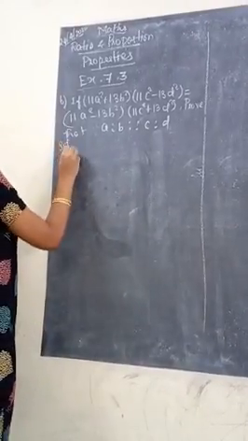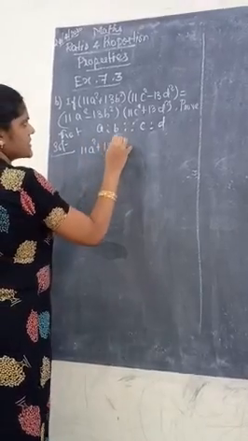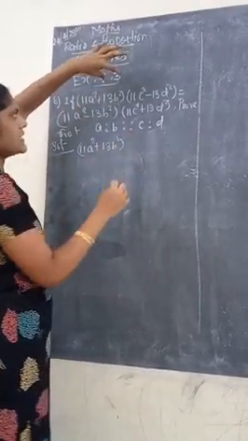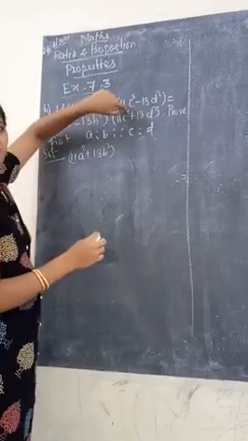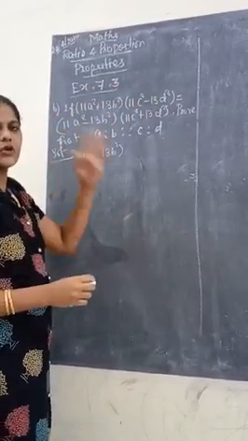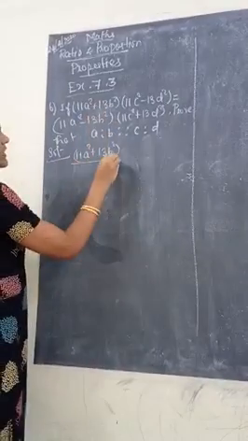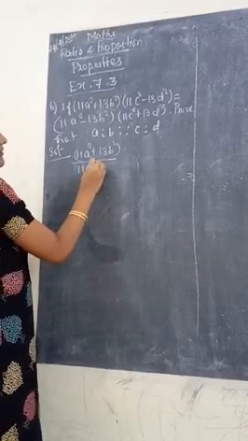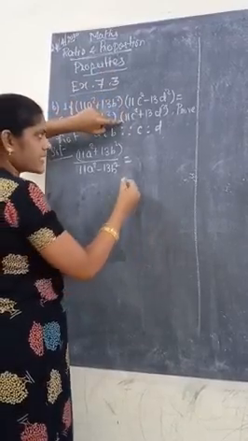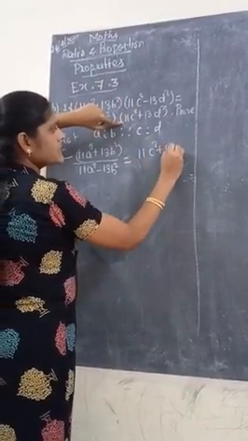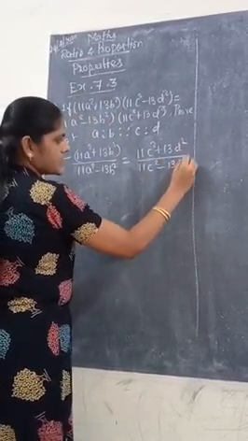How do we prove this? Listen, first write the question: 11a² + 13b² into this term. Now listen, this is a²/b², this is c²/d². Here, for applying componendo and dividendo, in numerator and denominator we need the same variable, so do the cross product. Divided by, take this term here: 11a² − 13b² is equal to, on the right hand side we already have 11c² + 13d². Bring this term: 11c² − 13d².